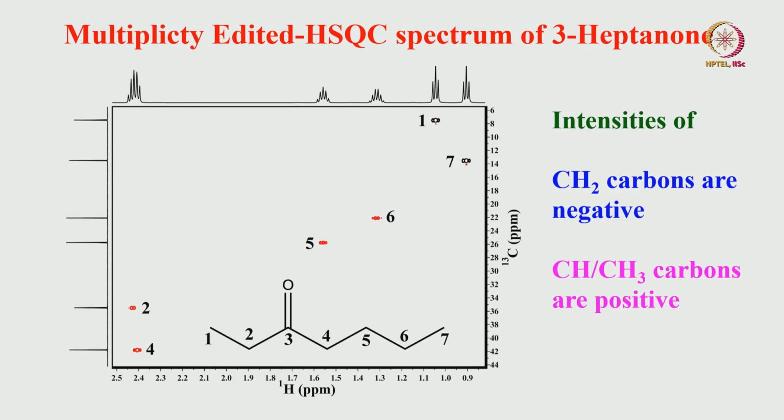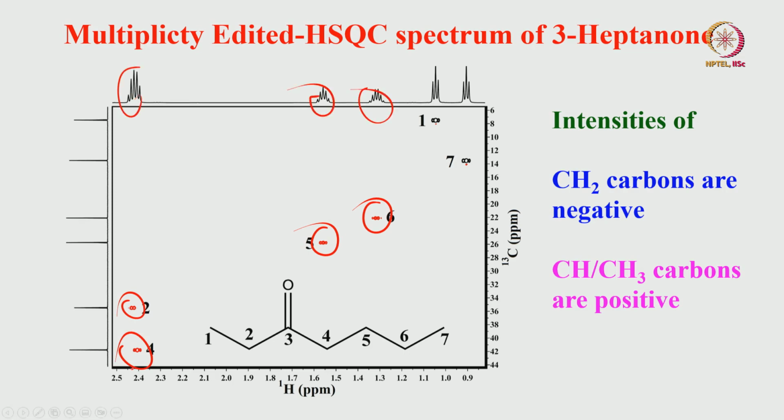Same 3-heptanol, if you do multiplicity edited me-HSQC, what do you expect here? 1, 2, 3, 4 CH2s are there. That means 4 peaks should be negative intensity and these terminal CH3s, 2 of them should be positive. There are only 7 carbons, the CO carbon does not give signal. So of the 6 carbons, 4 should be negative in intensity and 2 should be positive. Look at it, this is red, red, red and red. This tells me all CH2 carbons are here,